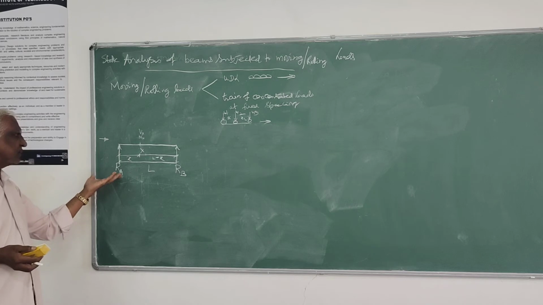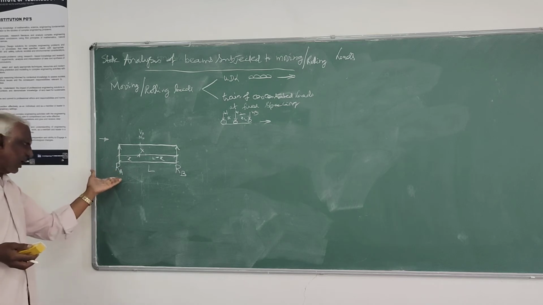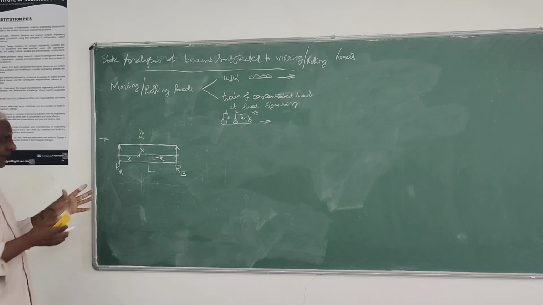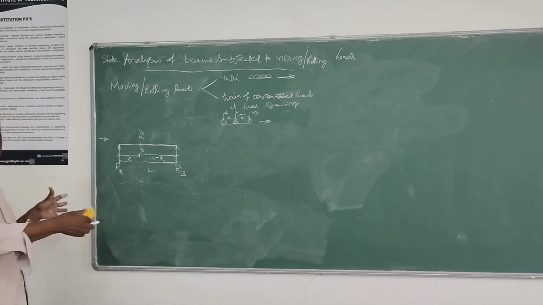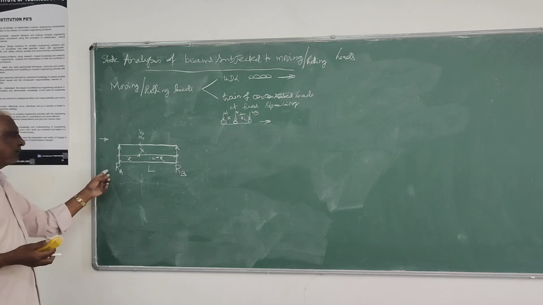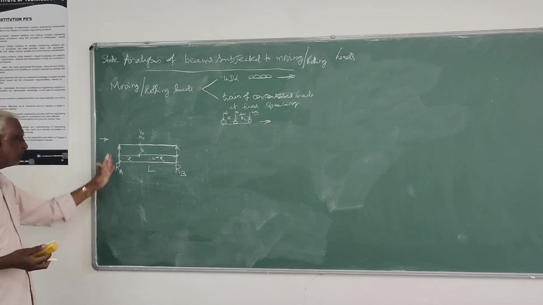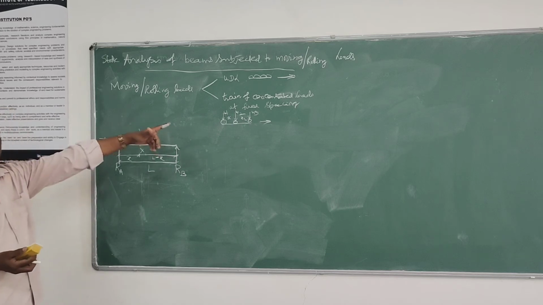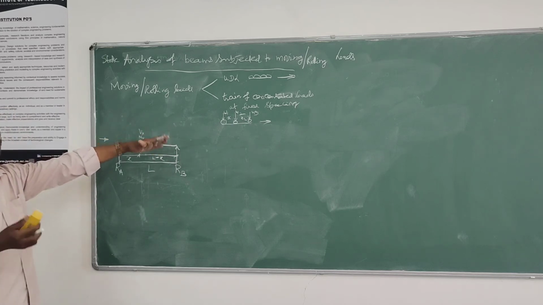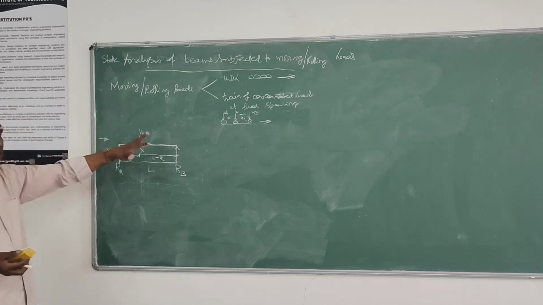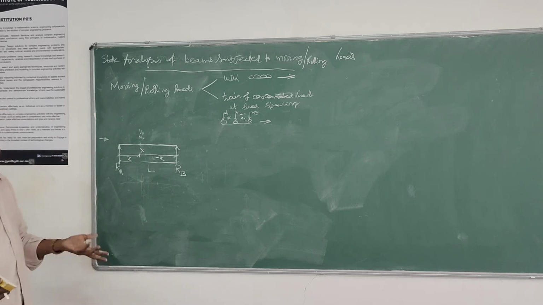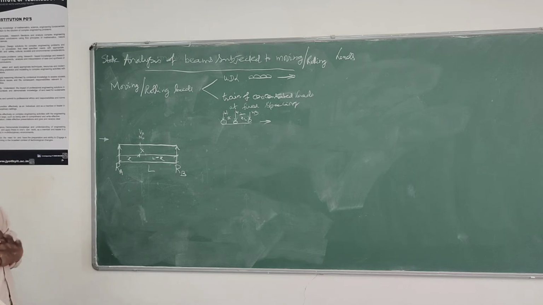Because the maximum shear force may be either RA or RB, that's called the absolute maximum shear. For the design of the beam, the maximum shear will be at the support. So you have to find the maximum RA or maximum RB for that given position of the loading. To get that maximum, again you have to determine the position by a trial and error process or using some criteria.